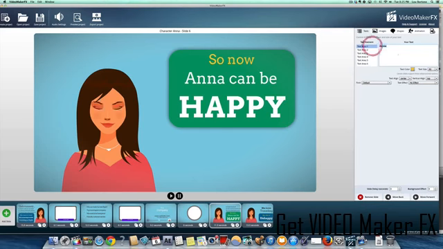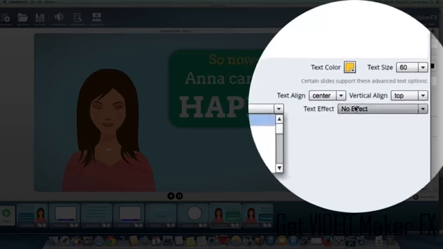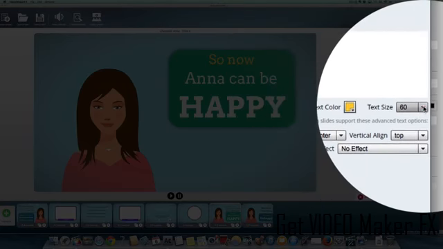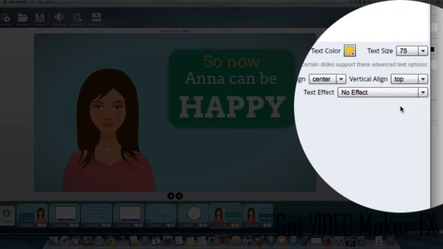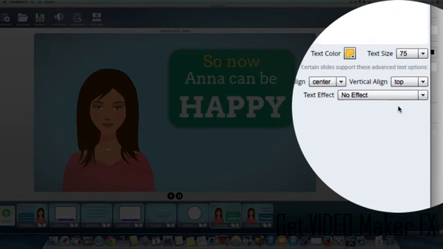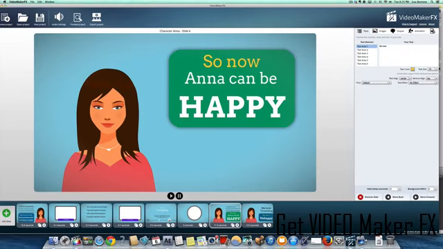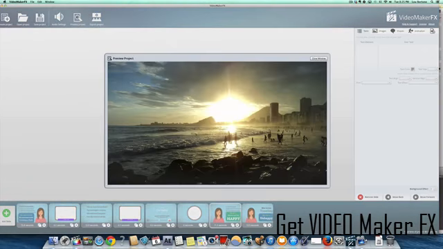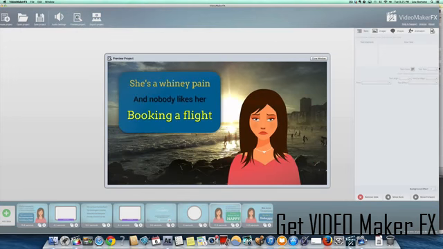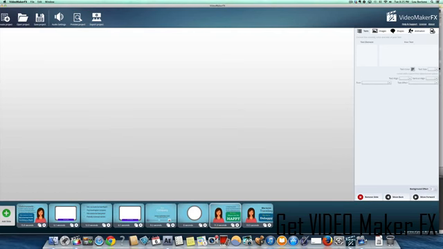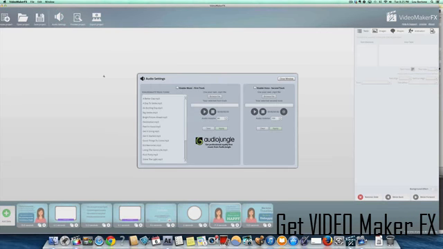It's as simple as selecting the text and changing it out, and again you can change the font, the color, the size, the alignment. So we just made that a little bigger, and then when you're done with your entire series of slides, your whole video, you can always preview the project up here, and it's going to show you what we did. So you can preview the project at any time, you can save the project at any time, and then you can export it. But before you export it, check out audio settings, because you probably want to add music or